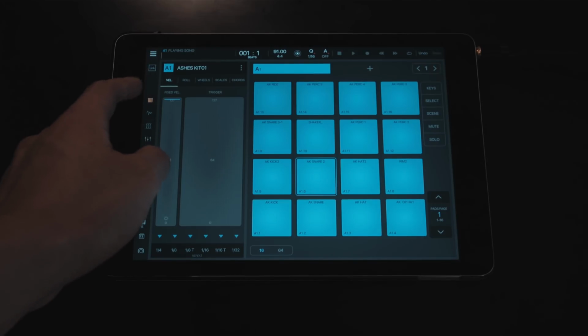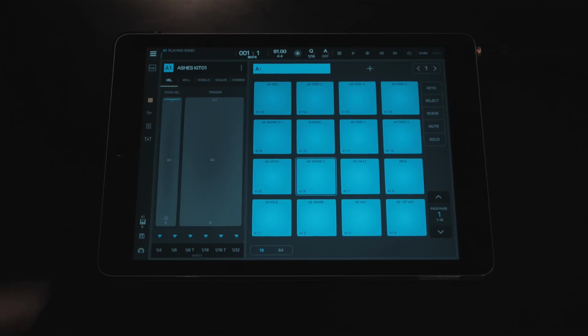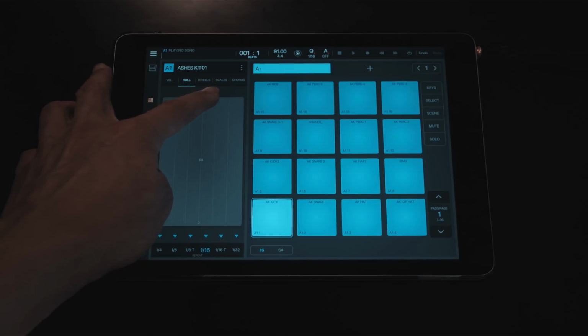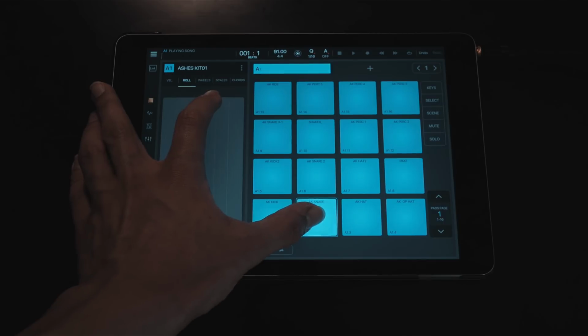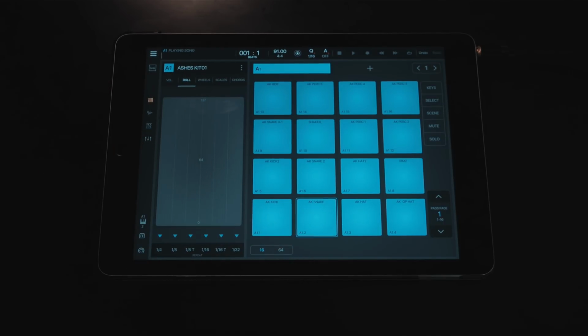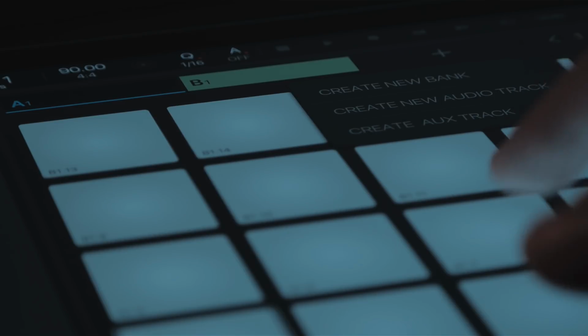To our left, we have our pad controls like velocity, roll, wheels, scales, and chords. For example, the roll button allows us to cue a sound in a repetitive rhythm set. So if you want to do some simple repetitive patterns, or if you want to go full EDM DJ with that maximum repetition, this tool and others make for a fun way to just add some quick flair to your patterns.